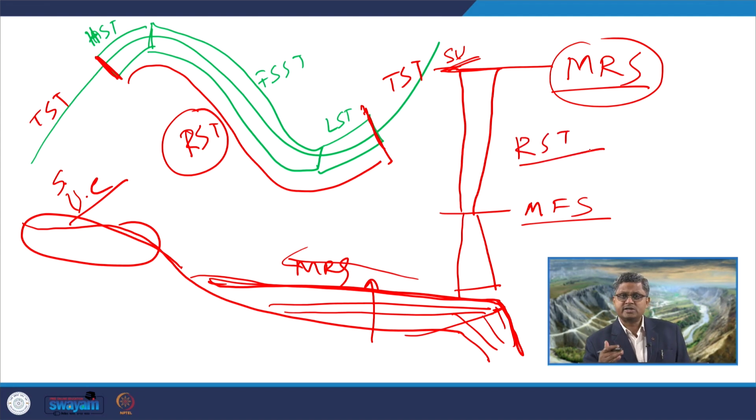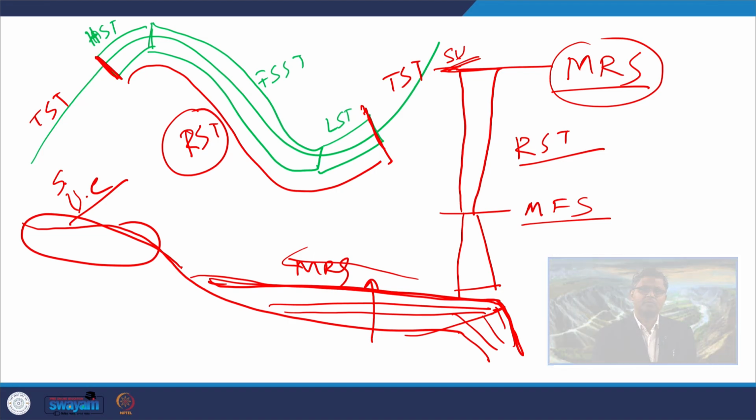So, the lower bounding surface for RST is fixed, it is the maximum flooding surface, whereas the top bounding surface will vary from the marine part to the non-marine part. It is the maximum regressive surface to subaerial unconformity, depending on which part of the basin we are looking at. So, the amalgamation of all the regressive deposits into one undifferentiated systems tract is commonly practiced